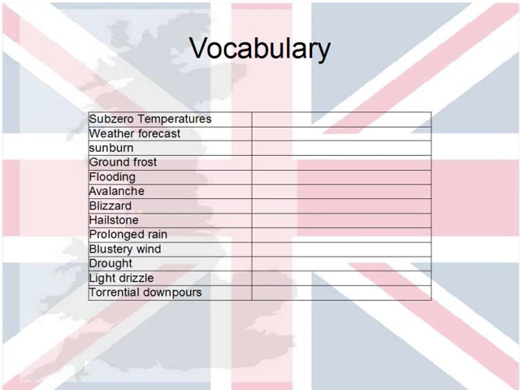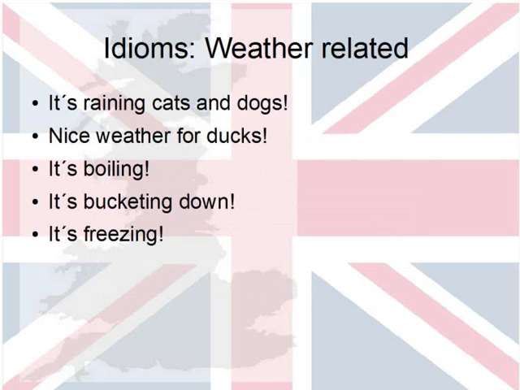Then I said to you the third part would be about idioms, right? And here we go. Here we have our idioms. They are all weather related. For example, it's raining cats and dogs, nice weather for ducks, and so on and so forth. So here you go. You should use them in some sentences. A crucial point, of course, you need to know what they mean. Otherwise you can forget about this. So try to find out, if you don't know, what they mean.